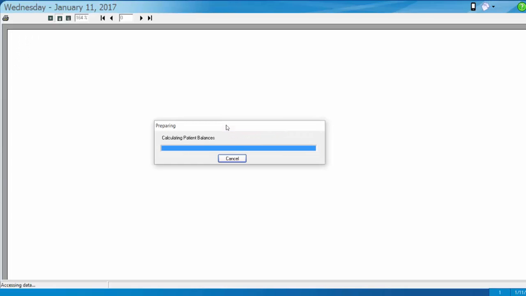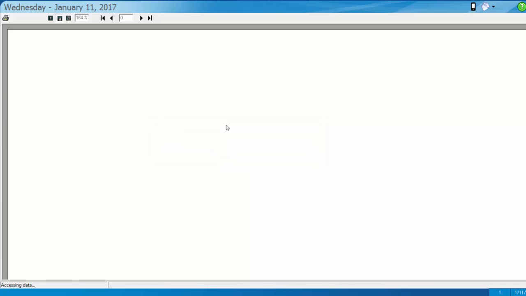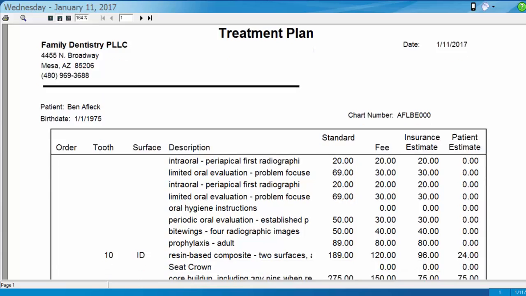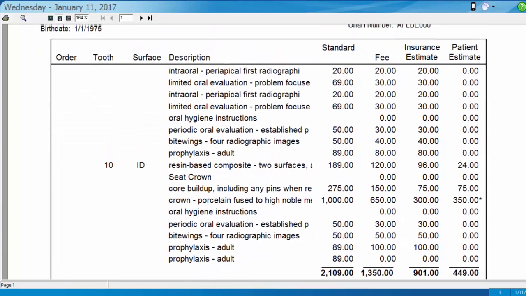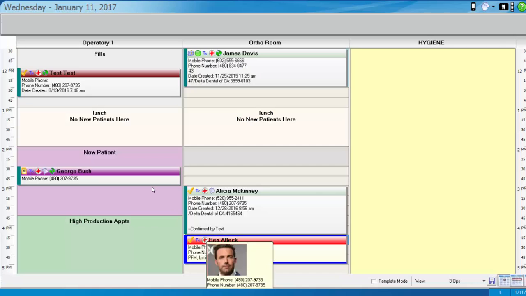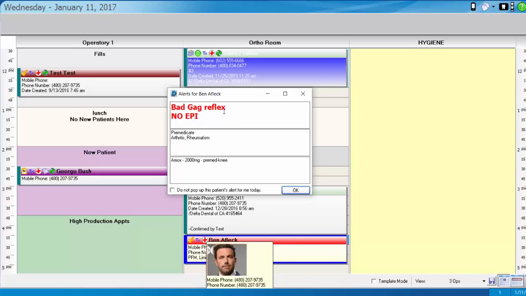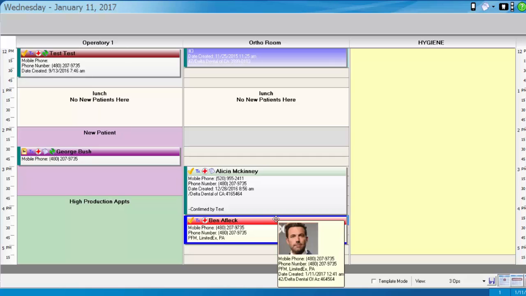So you don't have to jump to any particular screen in order to collect that data and show Ben an estimate of what he'll owe for his treatment plan. We also have the medical alert button, which will give you his medical alerts if you click on that. And if you simply just hover over the appointment, you get additional details and of course a great photo here